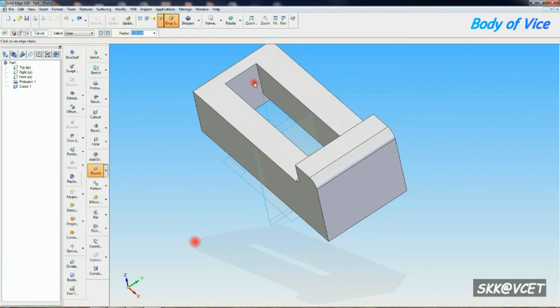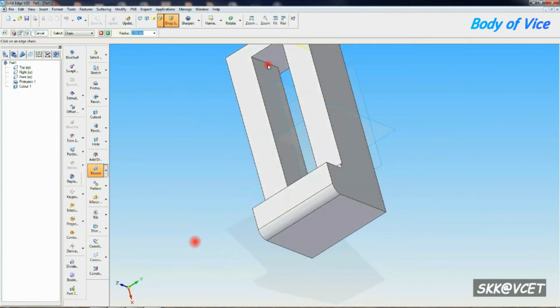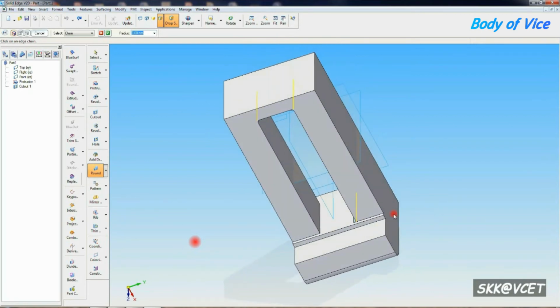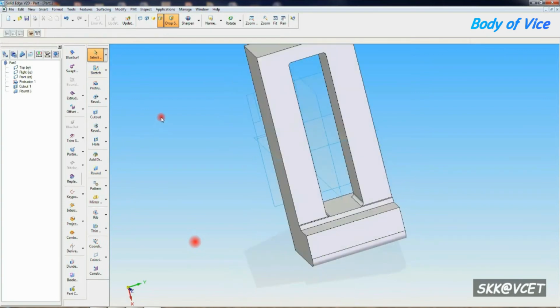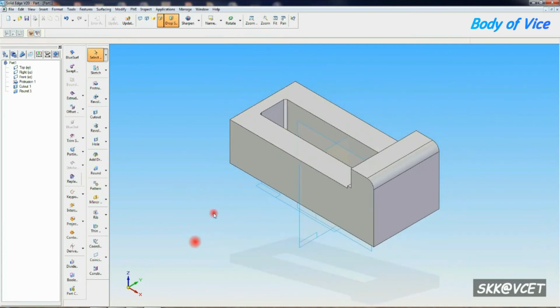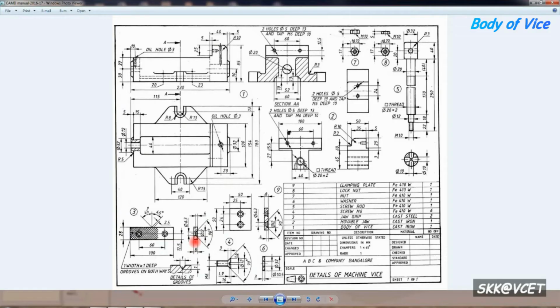Further select the edges, give 3 mm, enter like this, click, enter, click, enter, click, enter. That completes that fillet part. Now we have to make next part of next drawing in same first part, and one is the extra butterfly like structure you have to draw. For that total length is 120, width and height is 180.